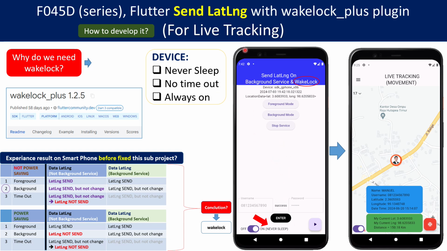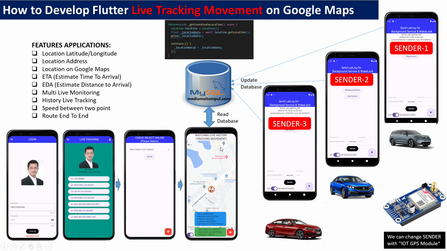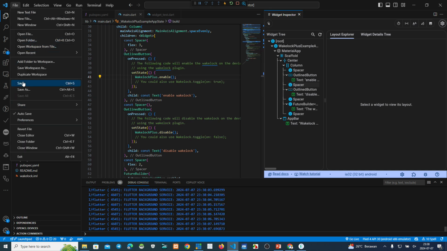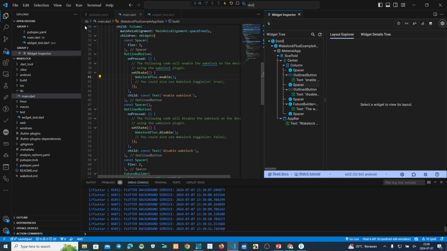Okay, now we go to this previous project. We can add this one backlog plugin. So now we go to the script. Okay, this one we can close. Okay, stop debugging.